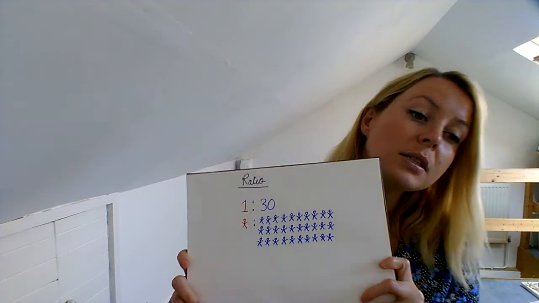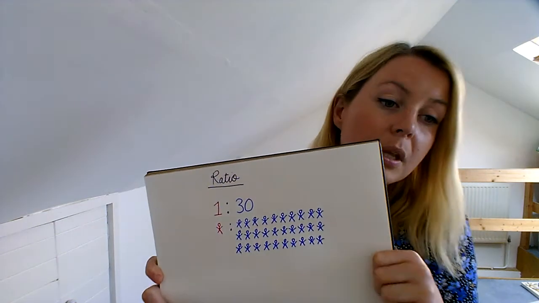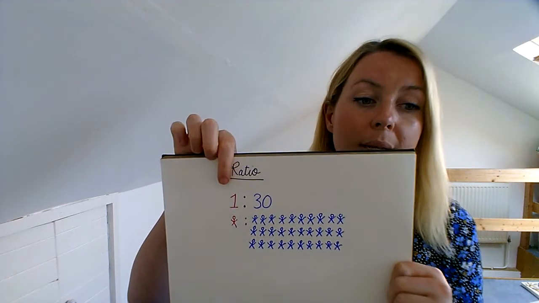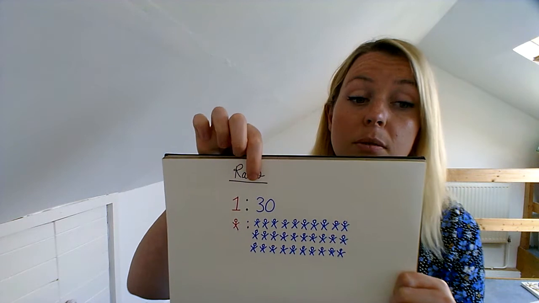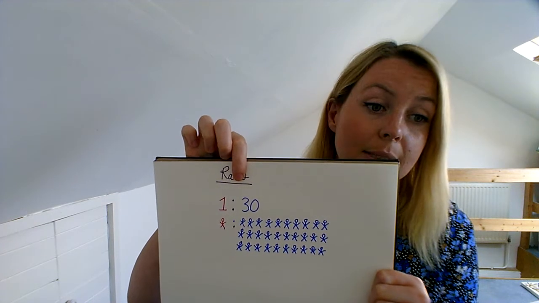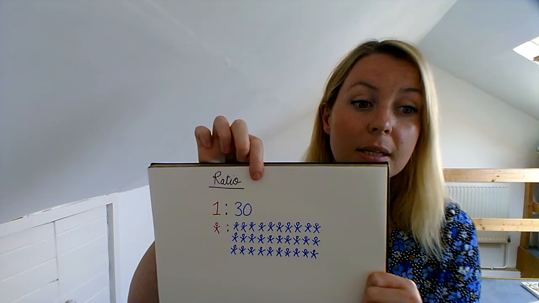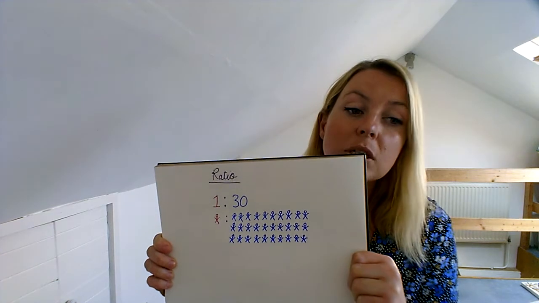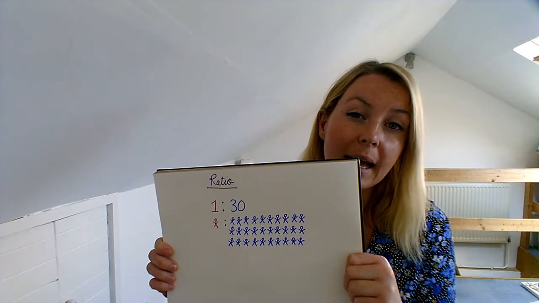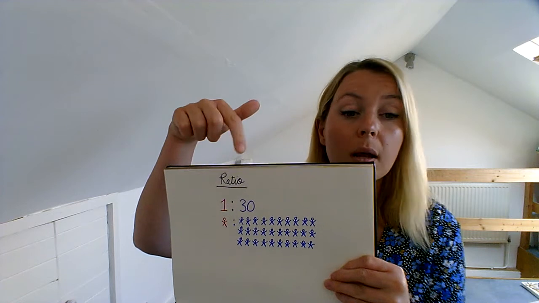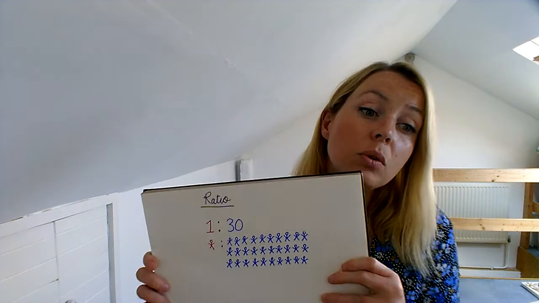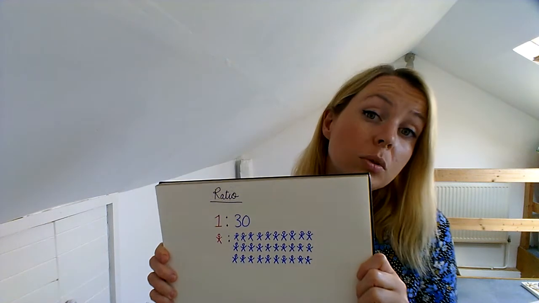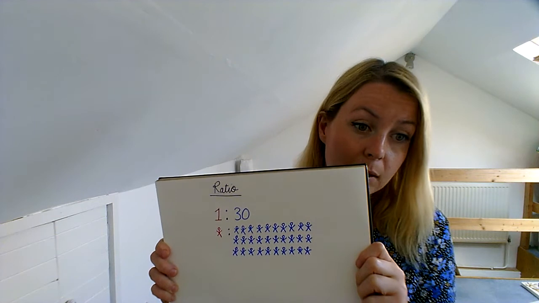I've got a bit written down on a piece of paper here so you can see nicely. So if I was going to write ratio, I would have the number 1, the ratio symbol, which is really important, you need to use that, and then 30 for my 30 students. And you can see that I've drawn images to show you what that would look like. So I just want you to imagine in your head, this is for my one classroom, if I had 2 classrooms, I would have 2 teachers,